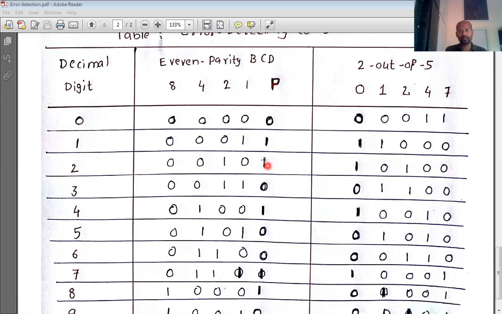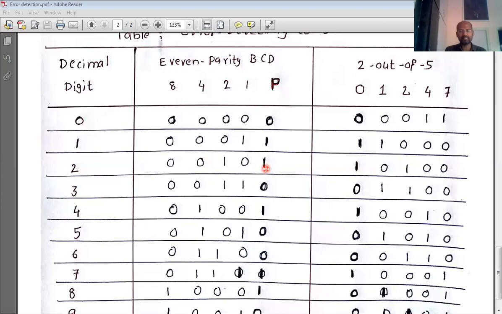Now what is the use of this parity bit? Let's see. The parity bit is added at the beginning in this table; you can add it at the end also. We are adding the parity bit at the beginning and calling it even parity.